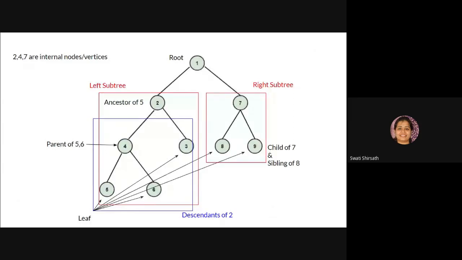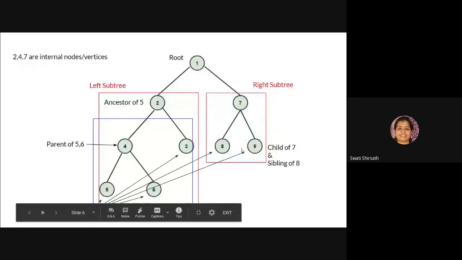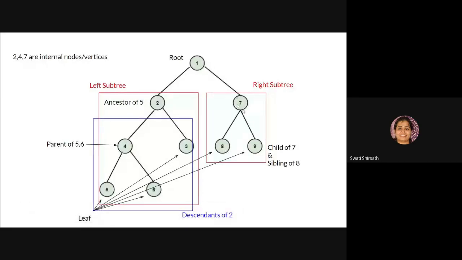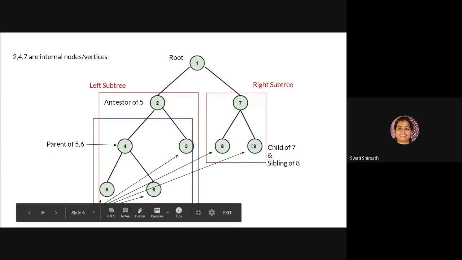Now in the left subtree and the right subtree, we can see there are some elements. Some nodes. We will be calling them nodes or vertices. The ones written in these circles are nodes or vertices. These lines are called edges or branches. They are connecting every node with a unique line, and there are no repeated or parallel lines over here. We have seen multi-graphs, but there won't be multiple lines connecting two vertices. There will be a unique edge connecting two nodes or two vertices. So you will not find multiple edges over here.